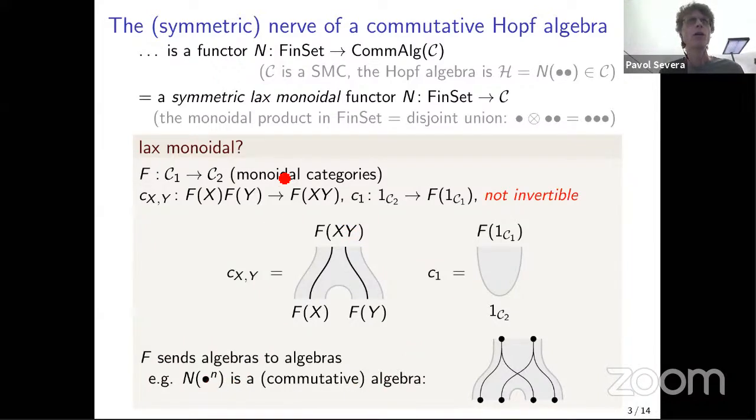And now I can briefly, it's not really important, explain how our n will get upgraded to a functor which goes to commutative algebras. It is just because this dot power n is naturally a commutative algebra always. So here it is drawn for just two dots. So this is how n of two dots is an algebra, actually a commutative algebra. But as I said, this was all needless. So let me erase it.